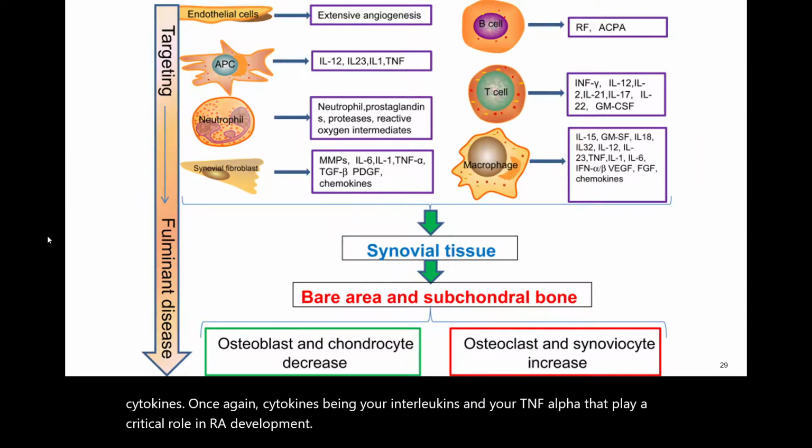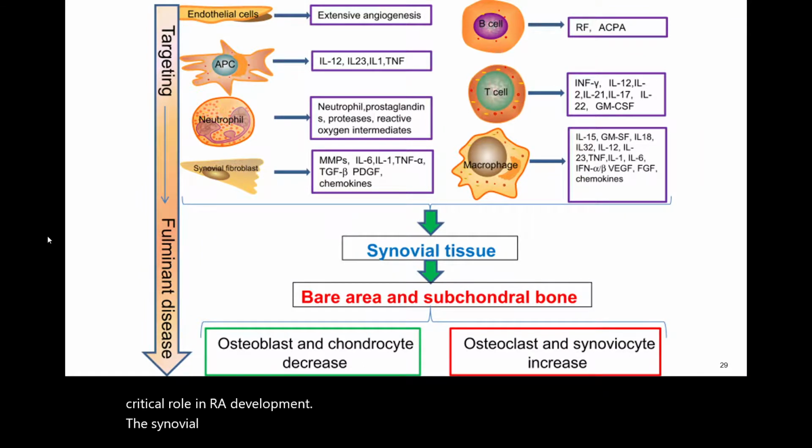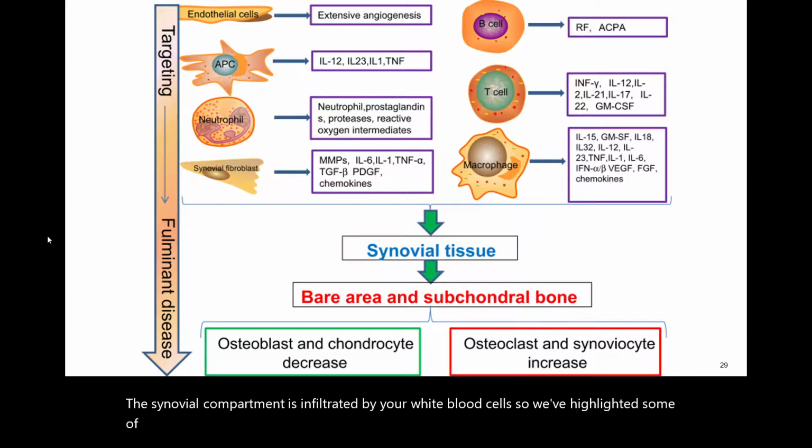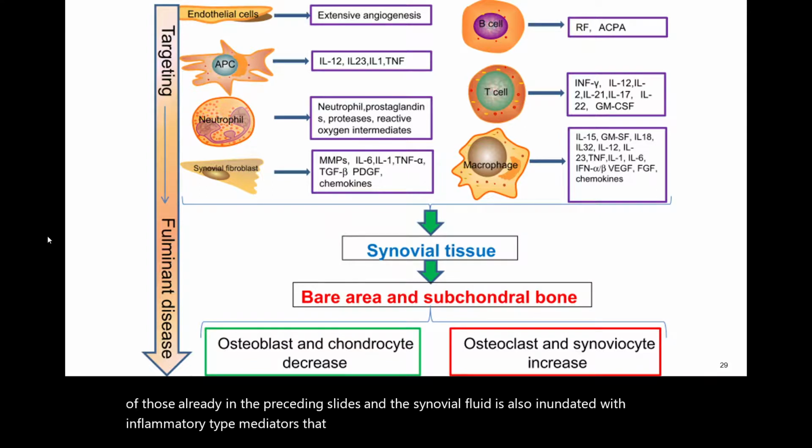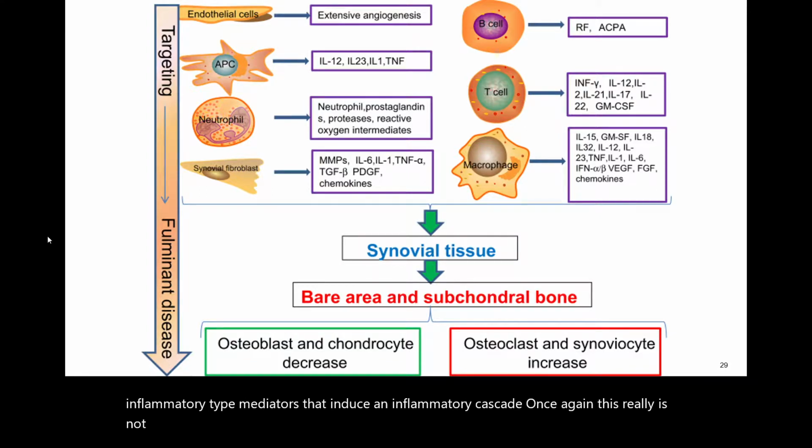The synovial compartment is infiltrated by your white blood cells. So we've highlighted some of those already in the preceding slides. And the synovial fluid is also inundated with inflammatory type mediators that induce an inflammatory cascade. Once again, this really is not new information. We've been talking about how it is an inflammatory autoimmune type condition that does involve the white blood cells